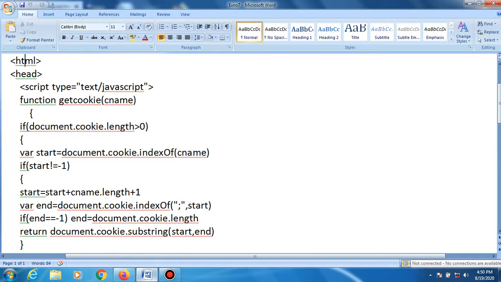But here in HTML programming, in web technology, no errors will be displayed. Suppose there is an error in the program: the program will not work. You will not get the right output.